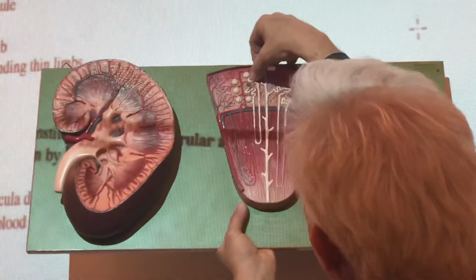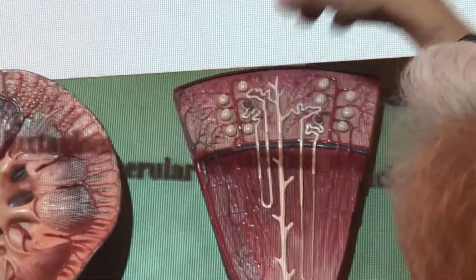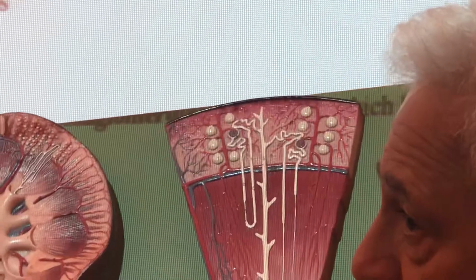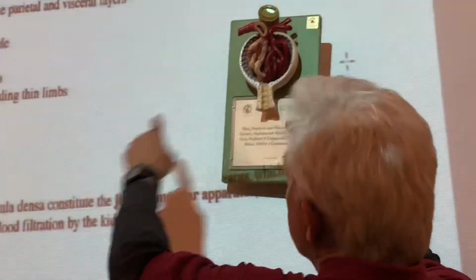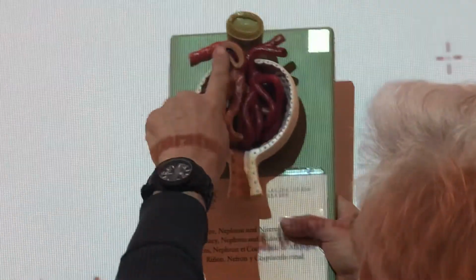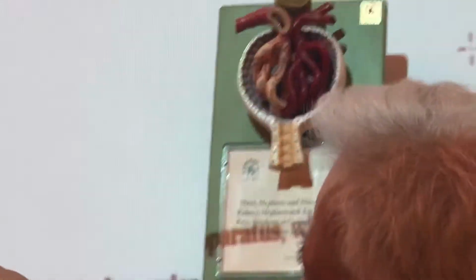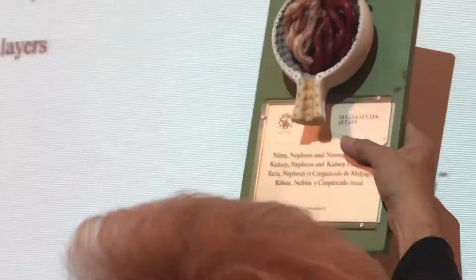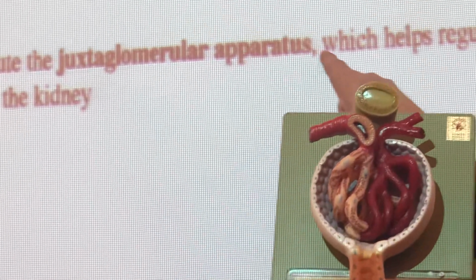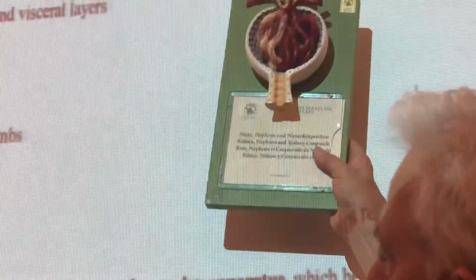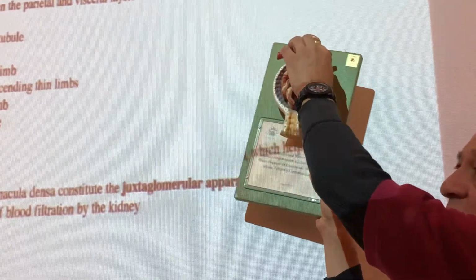All right, so here, this area right there is the distal convoluted tubule that's represented by this here. Okay, and this is the mechanism. This is the macula densa right here, and then this portion of the afferent is called the juxtaglomerular apparatus. Oh, we talked about it up in the stuff. So these two talk to each other, okay? The juxtaglomerular cells and the macula densa make up the juxtaglomerular apparatus, which helps regulate arterial blood pressure and filtration by the kidneys. Okay, so we're going to have ADH